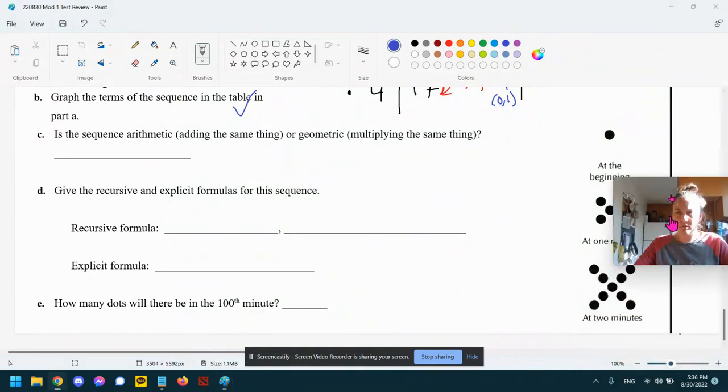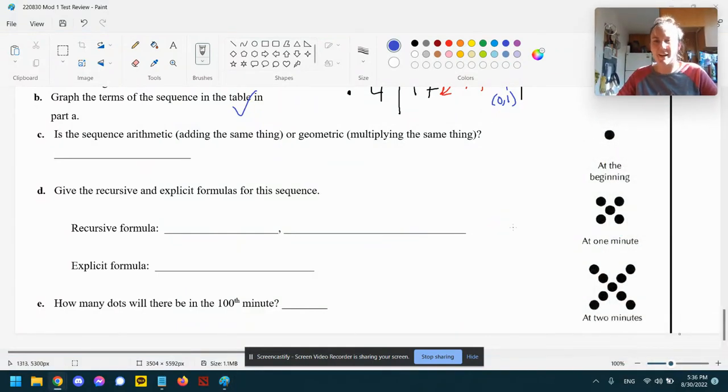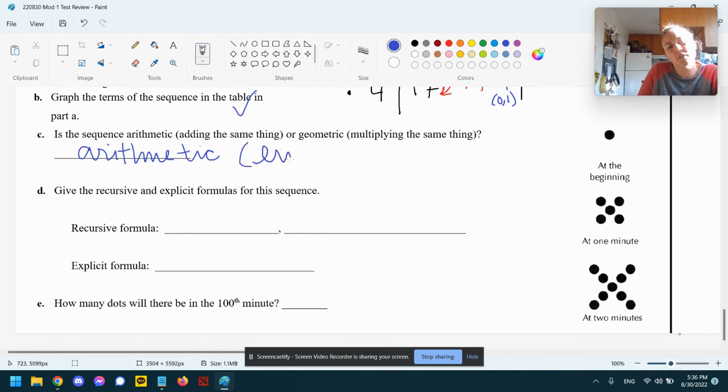Let's scroll it down. I'll move my guy. Is the sequence arithmetic, adding the same thing, or geometric, multiplying the same thing? We are adding, so this is arithmetic. We also think of this as linear. Okay, recursive and explicit formulas. If we think it's linear, then the explicit formula will be y equals mx plus b, and the recursive formula